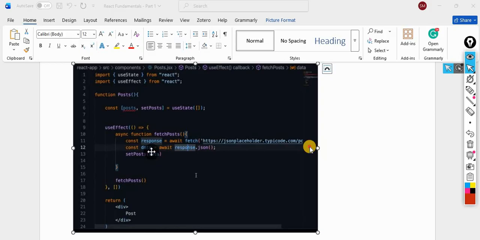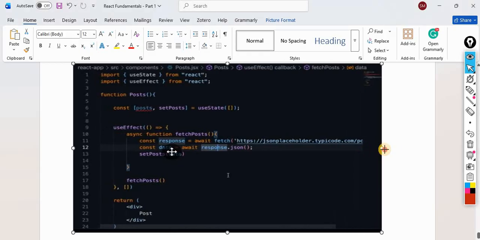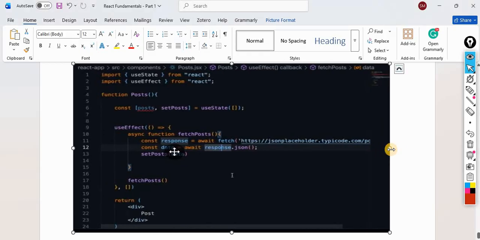In our case, it is already in JSON format, but we are just checking. In case it is not in JSON format, we convert it into JSON format. Is this clear?